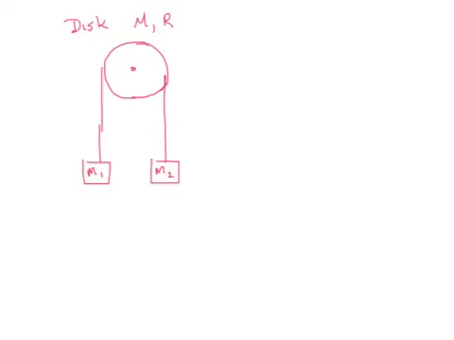Alright, so here we have our old friend the Atwood machine, where we've got two hanging masses on either side of a fixed pulley. But this time our pulley is going to have mass, therefore it's going to have a rotational inertia. And we're going to model our pulley as a disc again with a mass big M and a radius big R. So first, let's assume that M2 is bigger than M1, which means that M1 should accelerate up, M2 should accelerate down, and of course then that would mean this pulley has to have an angular acceleration that's